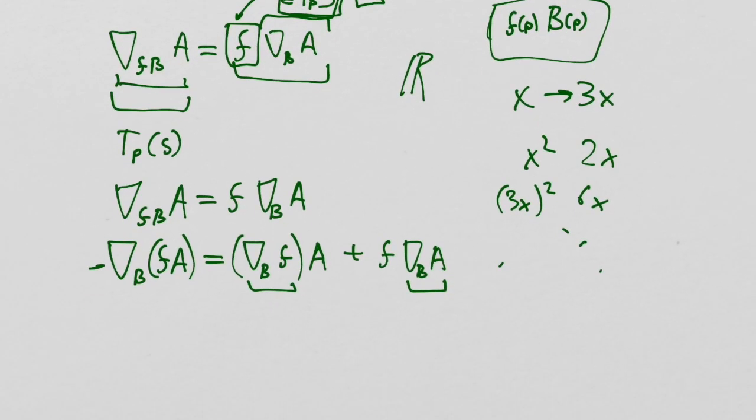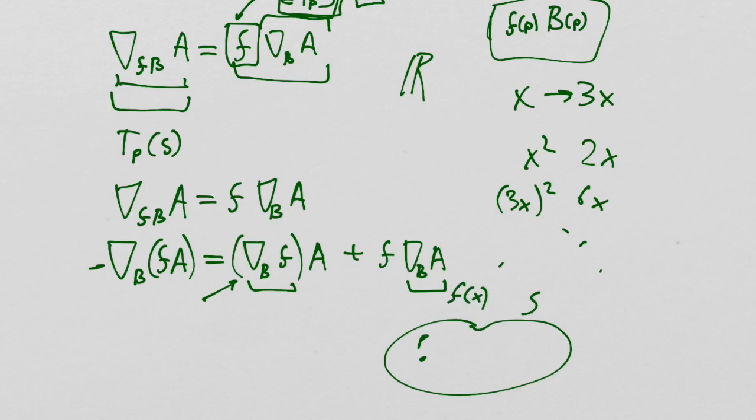So these two rules are telling us how things operate, but we kind of need to understand this. What would it be if we imagine our manifold? We have the manifold S, we have the point P, and we have some function f on the manifold. And f doesn't have vector components. f is just a number at every point in the manifold. And its derivative in the direction of some vector or some tangent vector along some curve, which would be b